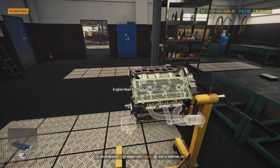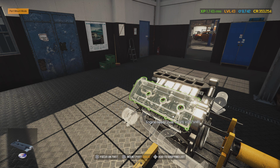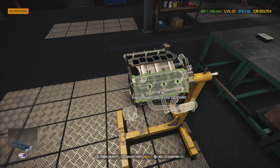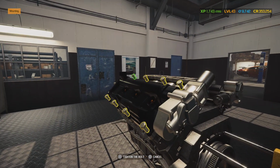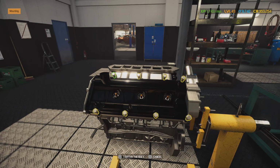Alright, now we went ahead and we got our gaskets in for the head covers. We also repainted them a metallic black, so they're going to be a lot more shiny, looking a lot better. Let's go ahead and get them onto here. Oh yeah, look at that. Man, that looks nice. Dark black. Looks really good. I don't understand this two-tone mess where the end of the rocker arm is one color, but the center of it is a dark and nasty looking color. It don't look any good, but...